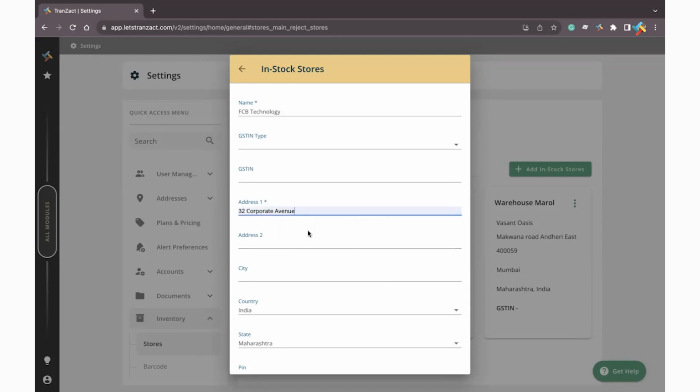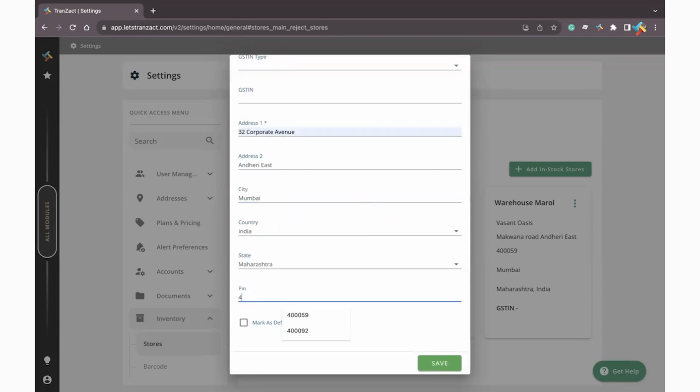Avenue, Andheri East. City is Mumbai. Pin is,